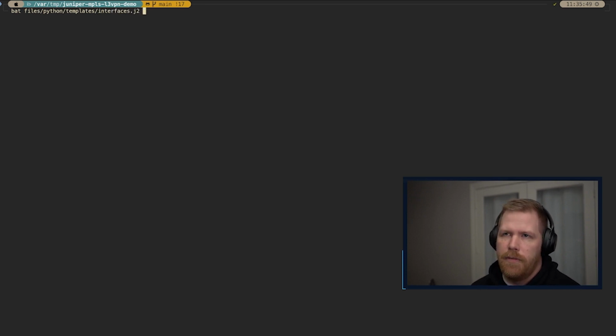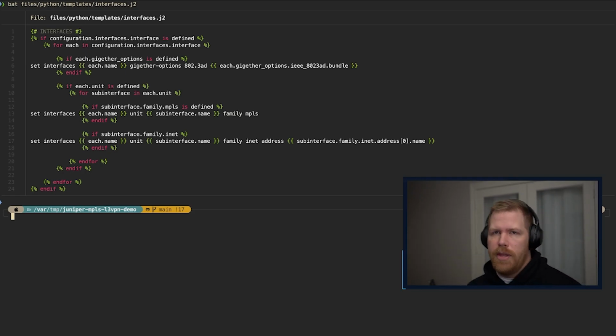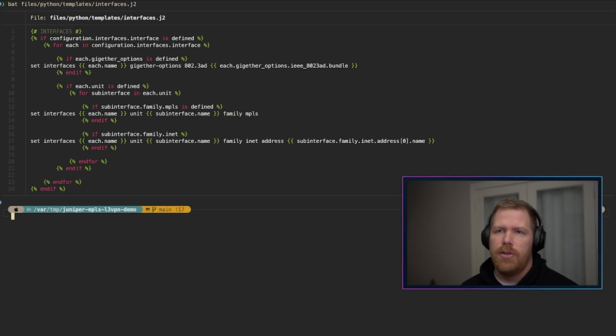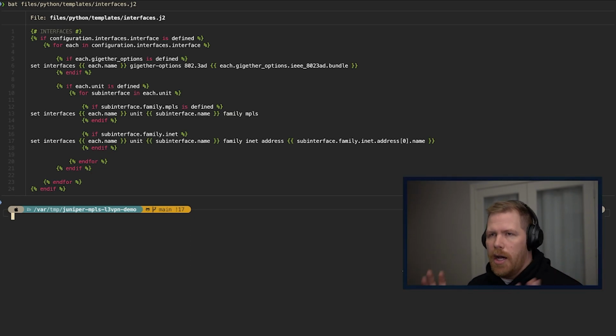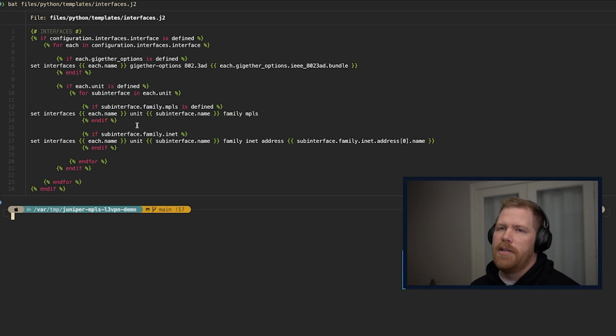interfaces.j2 Jinja 2 file. All right. And so this is our full Jinja 2 template for the interfaces. So if a variable is passed into the Jinja 2 and it's configuration.interfaces.interface, then we're going to run these types of commands, right? So this is how we build each part of the configuration. We have this big template file, Junos.j2, which references other smaller templates that will ultimately lead into the full configuration